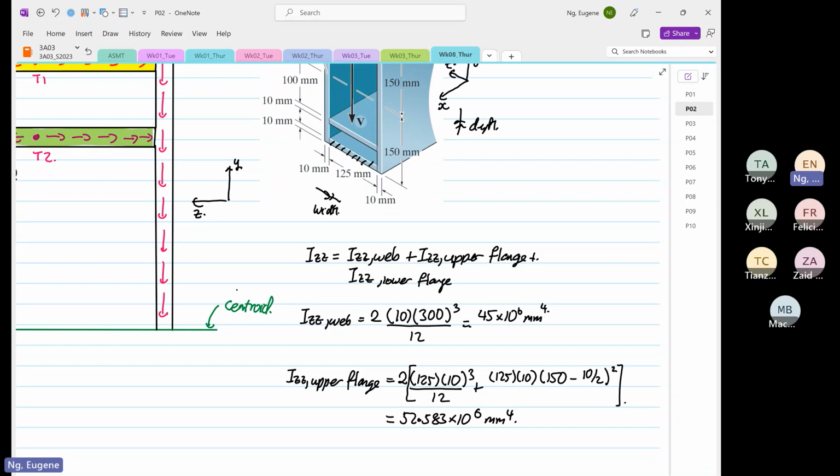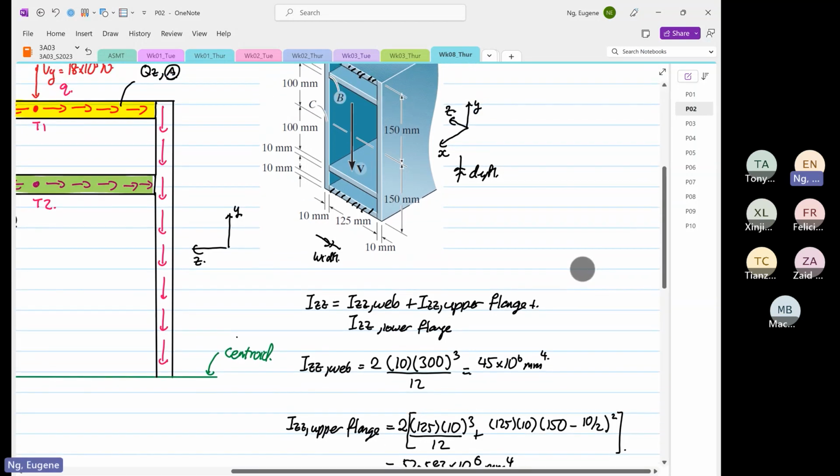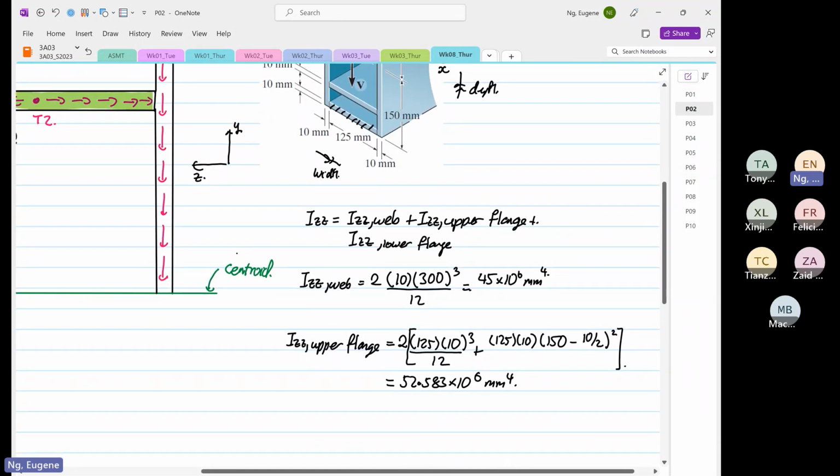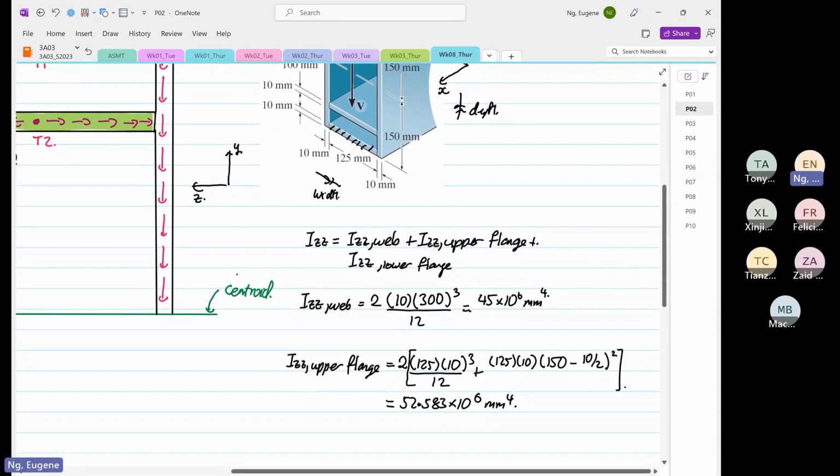Let me do it again, please. Squared times by 125 times 10 plus by 125 times 10 power 3 divided by 12 times 2. 52.583. So 125, the width is 125. Yep, correct. And then the next one,